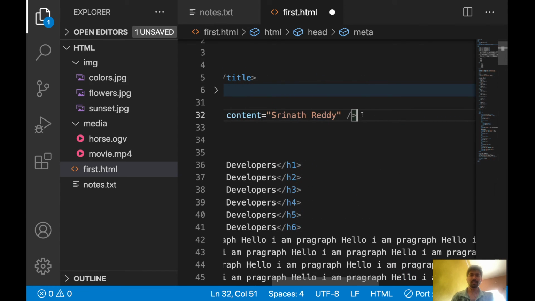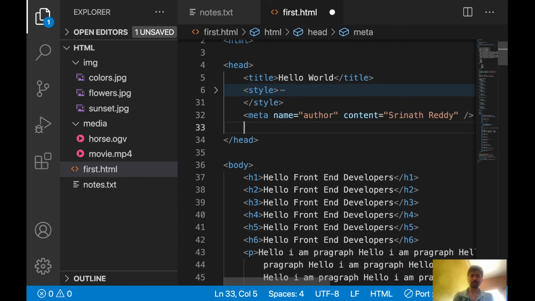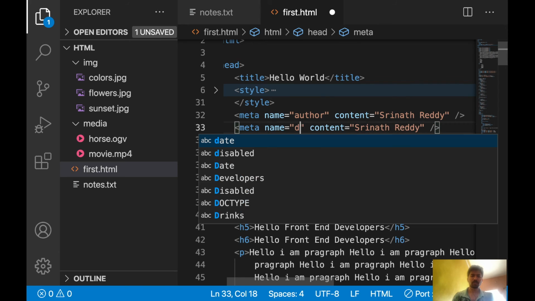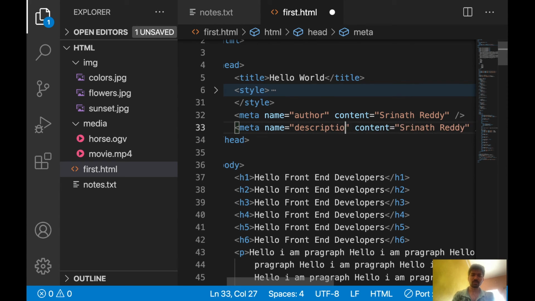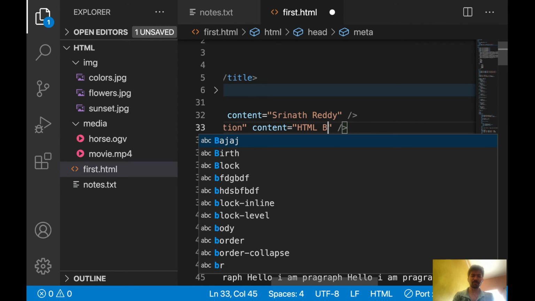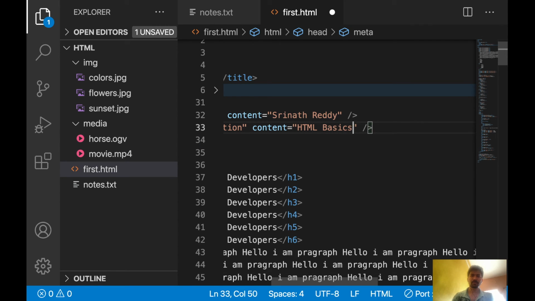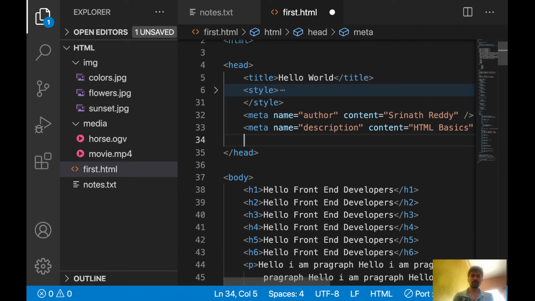You can write the description also, the description of the web page, using name equal to description. Here you can write the description of the web page. Let's say it's HTML basics. You can write multiple lines. And what about keywords?